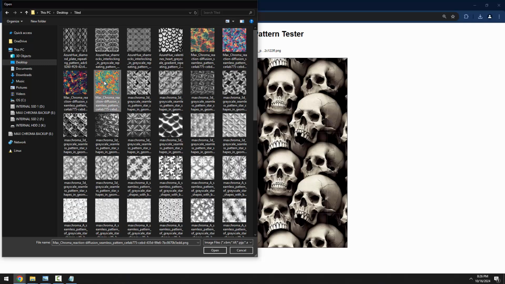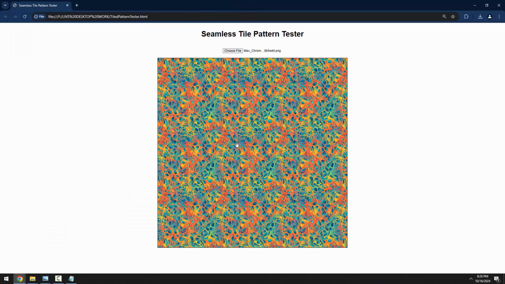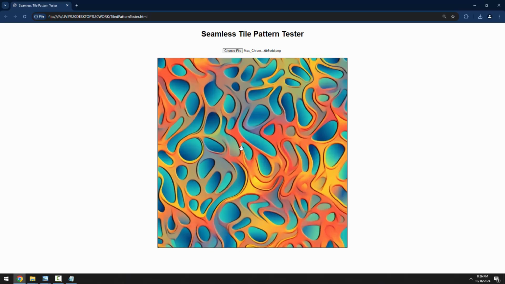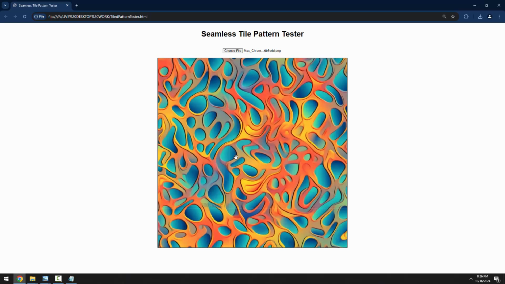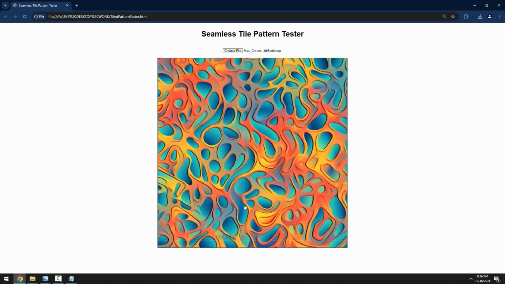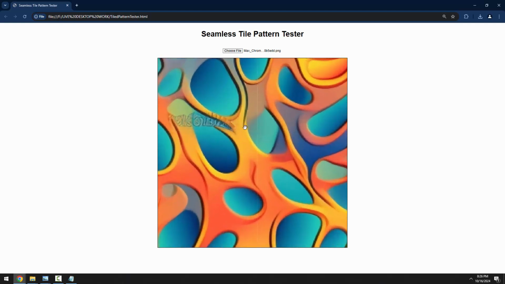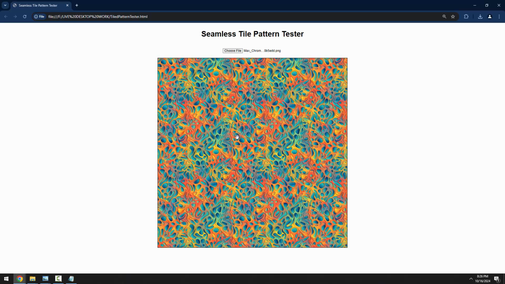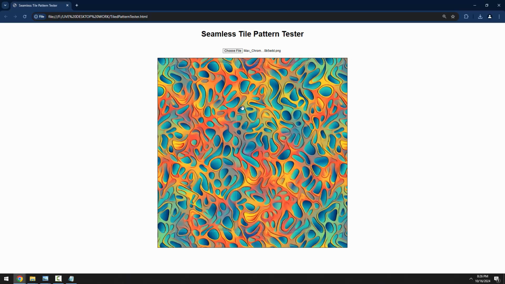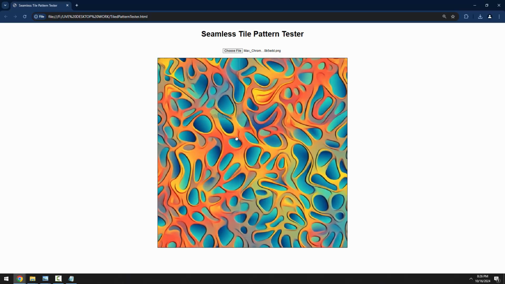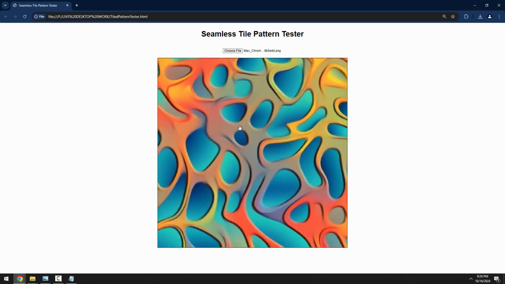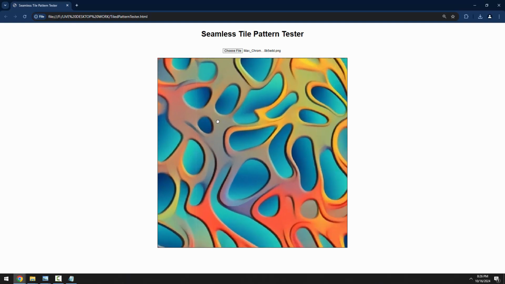So a lot of these were made with Midjourney, and they're done in a way that we shouldn't really see much seams in them. Yeah, see, these ones are really good, and it kind of is helpful that I can see those little watermarks that it does. So it's a little bit helpful that we can see the lines actually, because we know where to look for them. And once we zoom in to a certain point,